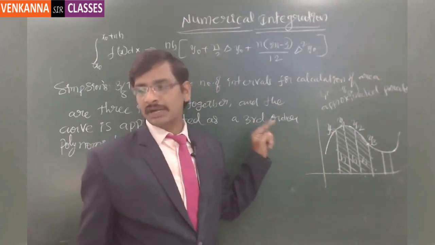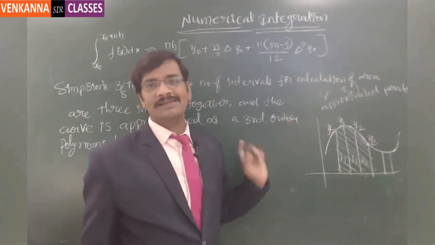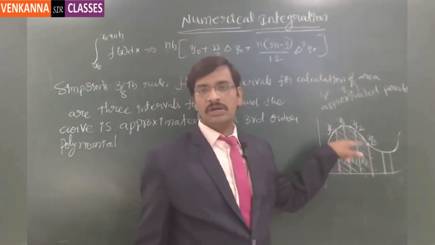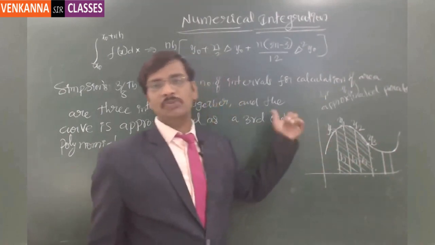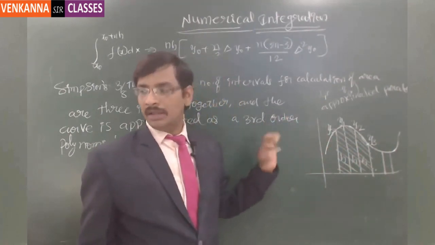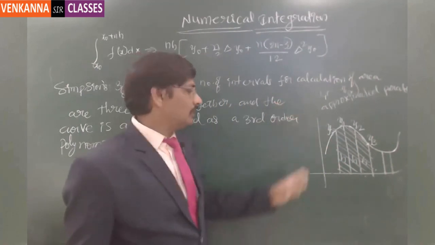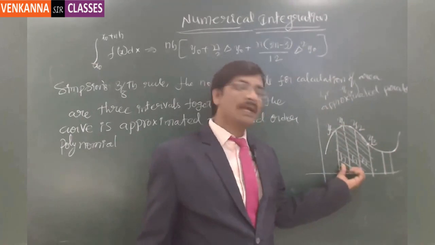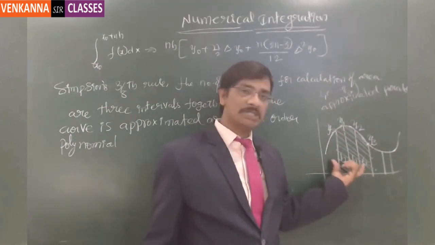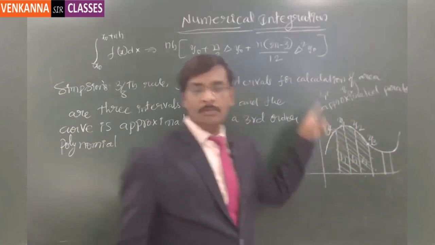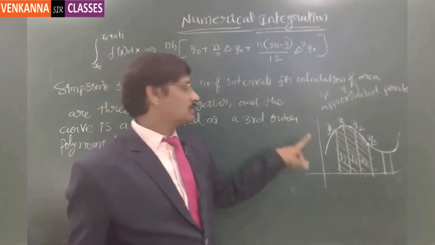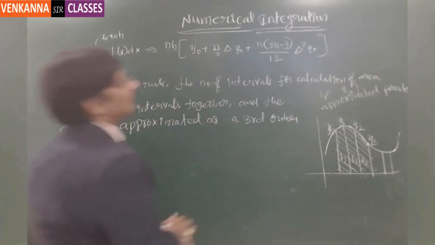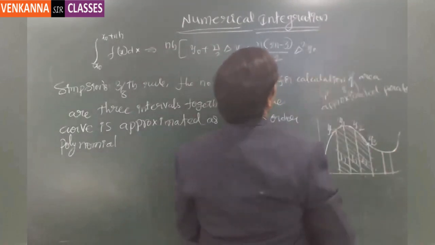If you consider it as a second order polynomial, a little lesser than the trapezoidal rule, error is going to be there. But if you consider it as a third order polynomial, then the accuracy is still more. If you consider it as a fourth order polynomial, accuracy is still more. But in considering the order of the polynomial bigger and bigger, you are trying to take more number of strips together for the calculation purpose, because this formula demands to consider all those strips together. Got it? So here in the next one, if you want to consider the 3/8 rule, this is